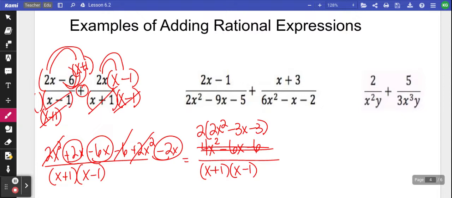Factors of 3 that subtract to be 3, there's none. So that would be the factored form. That would be done. Okay, on the next one,